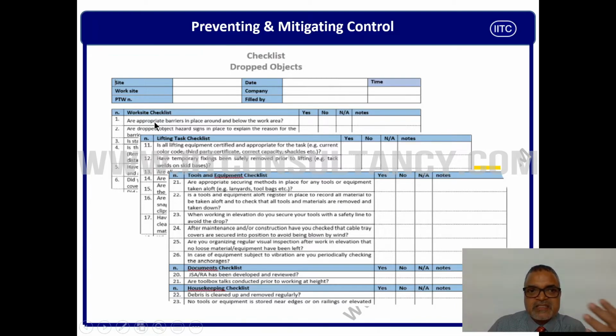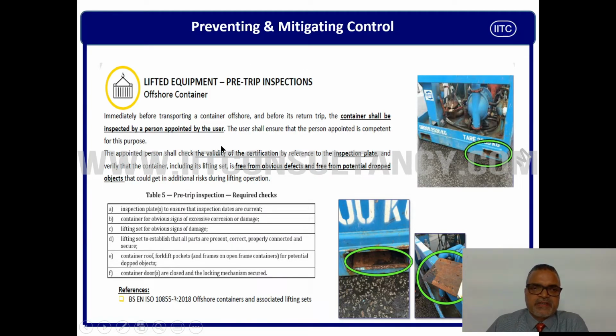The checklists are to be customized work to work, location to location, site to site, situation to situation. Work site checklist, there are different checklists. Lifting task checklist to prevent the drop object, this side is different. Tools and equipment checklist, these are the different points we have to consider while we are working at height to prevent drop object. Guys, for prevention and mitigation control,